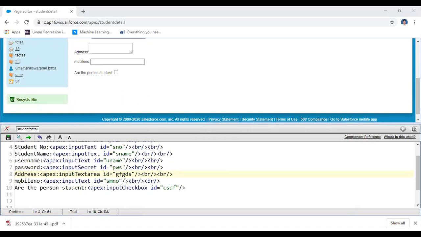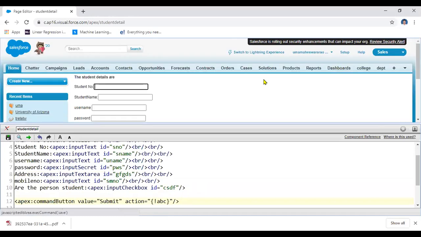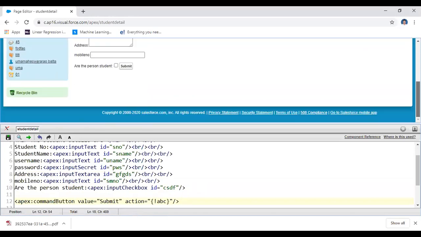For example, in command button, the particular command button, how can you write a simple one? I'm taking the simple command button here. Execute this one. Yeah, it is having the command button.